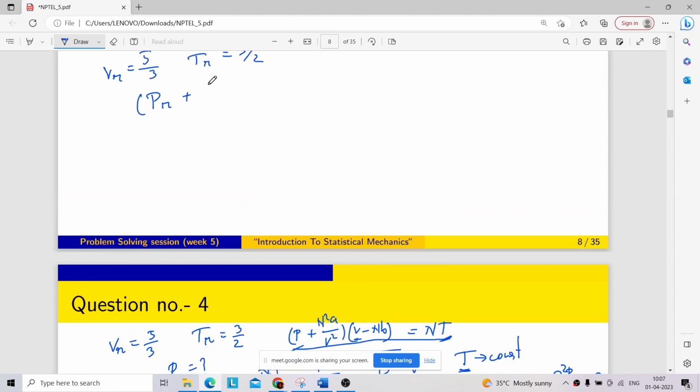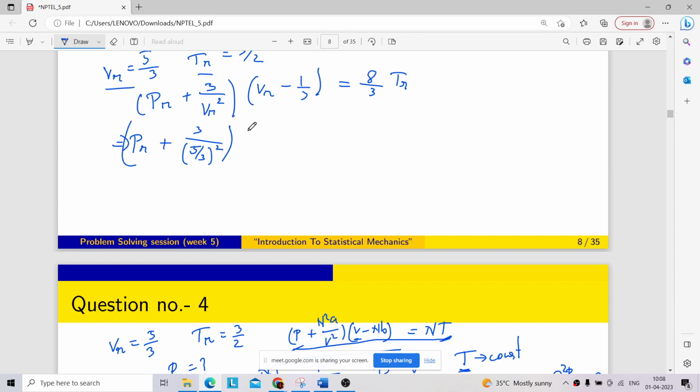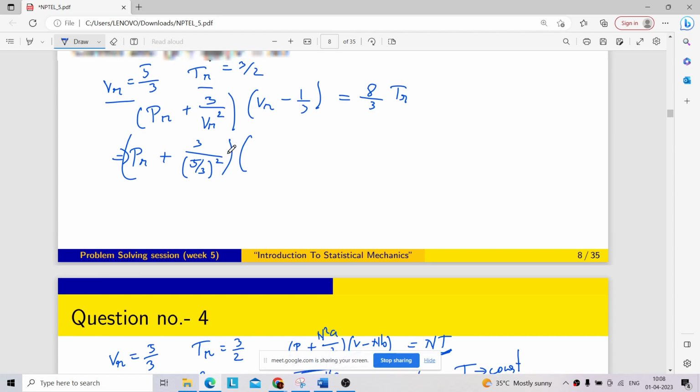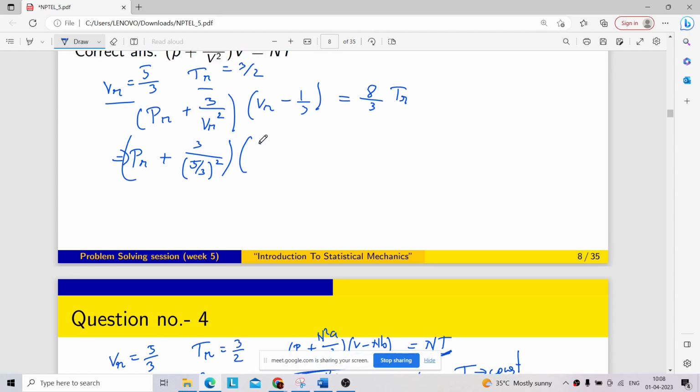PR plus 3 over VR square into VR minus 1 over 3 equal to 8 over 3 TR. So we have VR and TR. Now for these values, we'll have PR value as, let's put this first, 5 over 3 whole square, then 5 by 3 minus 1 over 3,